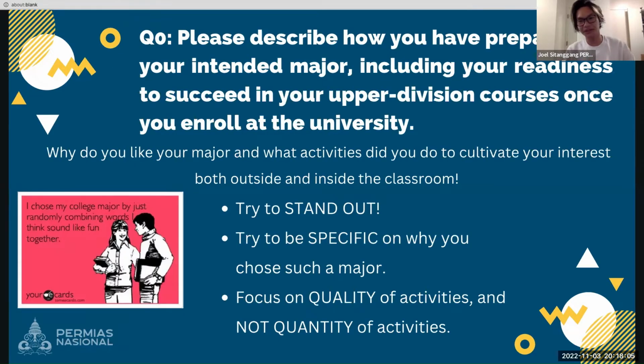All right, so question 0. Please describe how you have prepared for your intended major, including your readiness to succeed in your upper division courses once you enroll at the university. I basically condensed it to: why do you like your major, and what activities did you do to cultivate your interests both outside and inside the classroom? Now, this is a very, very